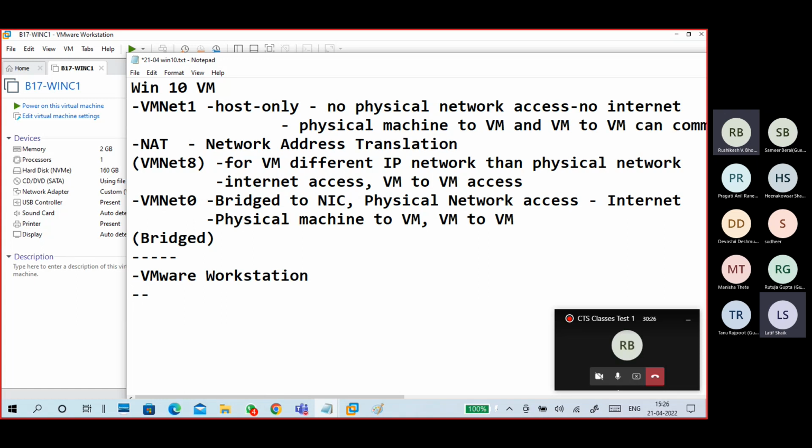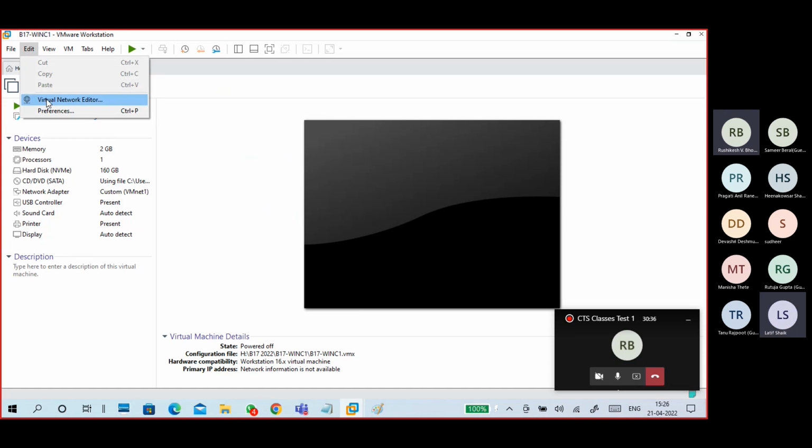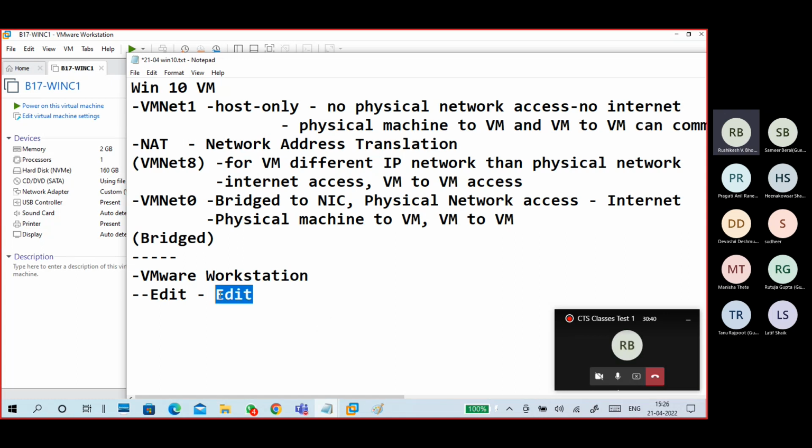Go to Edit, and in Edit you can find Virtual Network Editor. So go to that one.